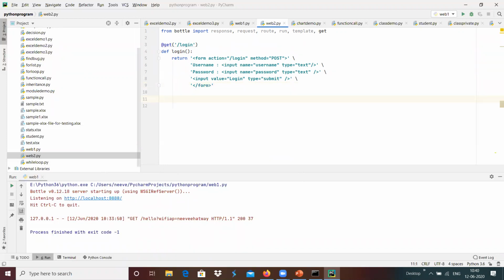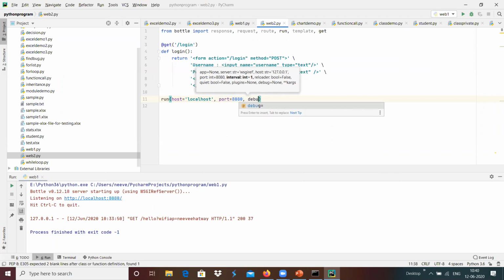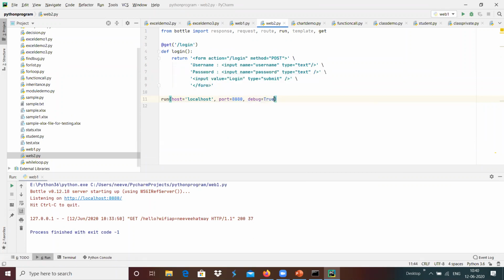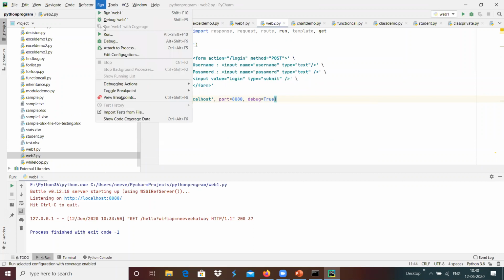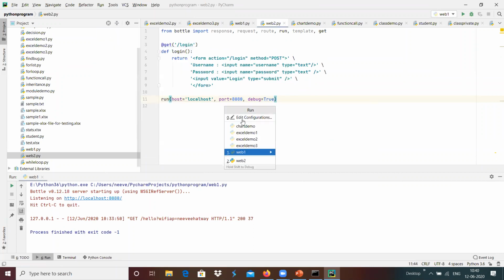And once it is done, I'm going to run my server, which is something like host equals localhost, comma, port equals something like 8080 is my port, and we have the option debug equals true over here. For example, if we run this program, what will happen, we will see over here.